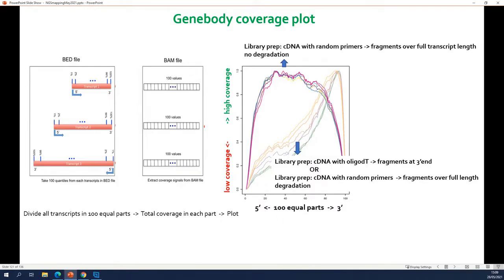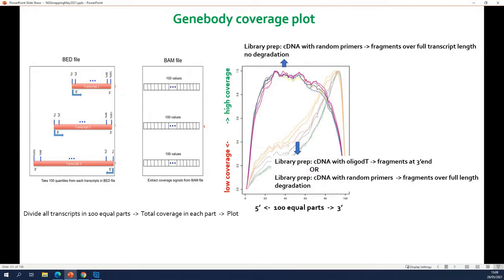Okay. So for these applications, this plot is interesting, because what you expect there, if there was no degradation, is to see the bright plot. A high coverage over the entire body of the transcripts. If your RNA was degraded and you used the random primers, what will happen?